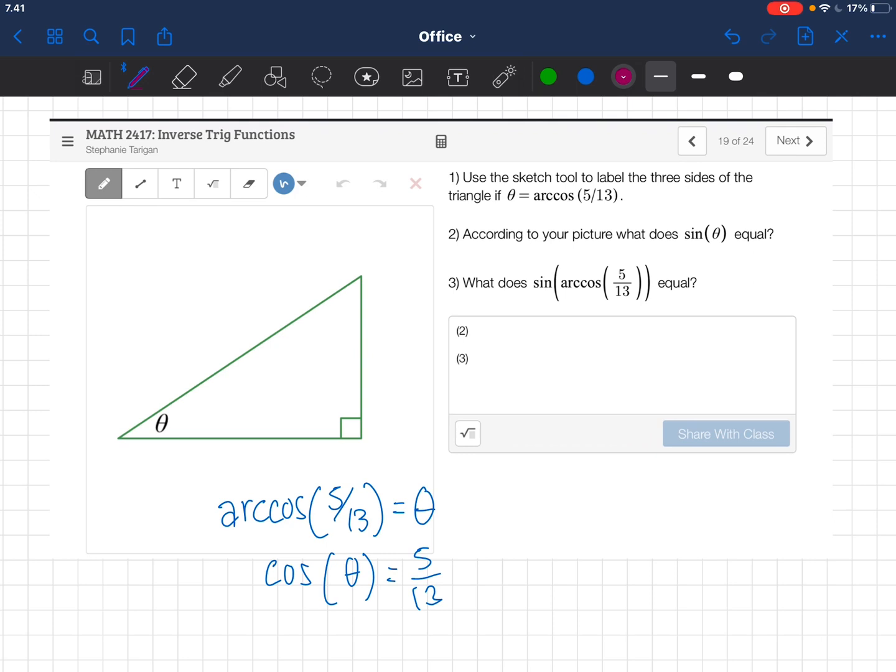Again, the ratio of cosine theta is x over r, or SOHCAHTOA, so adjacent over hypotenuse. And I would apply it to my right triangle here. So x would be 5. I'm gonna write it as adjacent and hypotenuse. So SOHCAHTOA